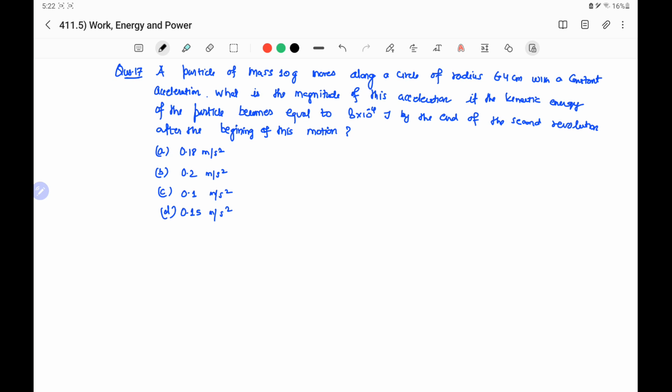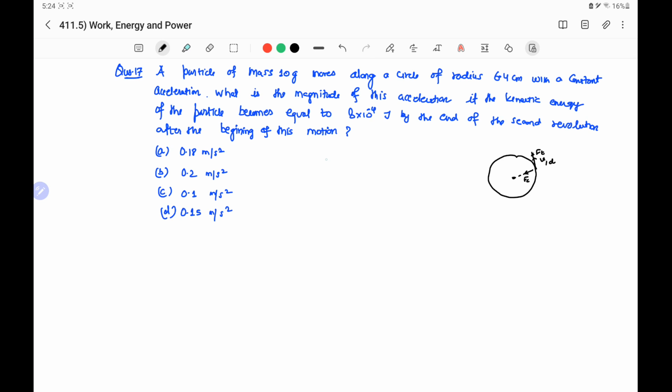In circular motion, particle has two types of forces. One is the centripetal force, which is directed towards the center, and another is tangential force Ft, which is directed along the velocity and the displacement. Therefore, the angle between the centripetal force and the displacement is 90 degree. Because of that, work will be 0. And tangential force is along the displacement, so the angle between them is 0 degree. So work will be equal to the force into displacement.